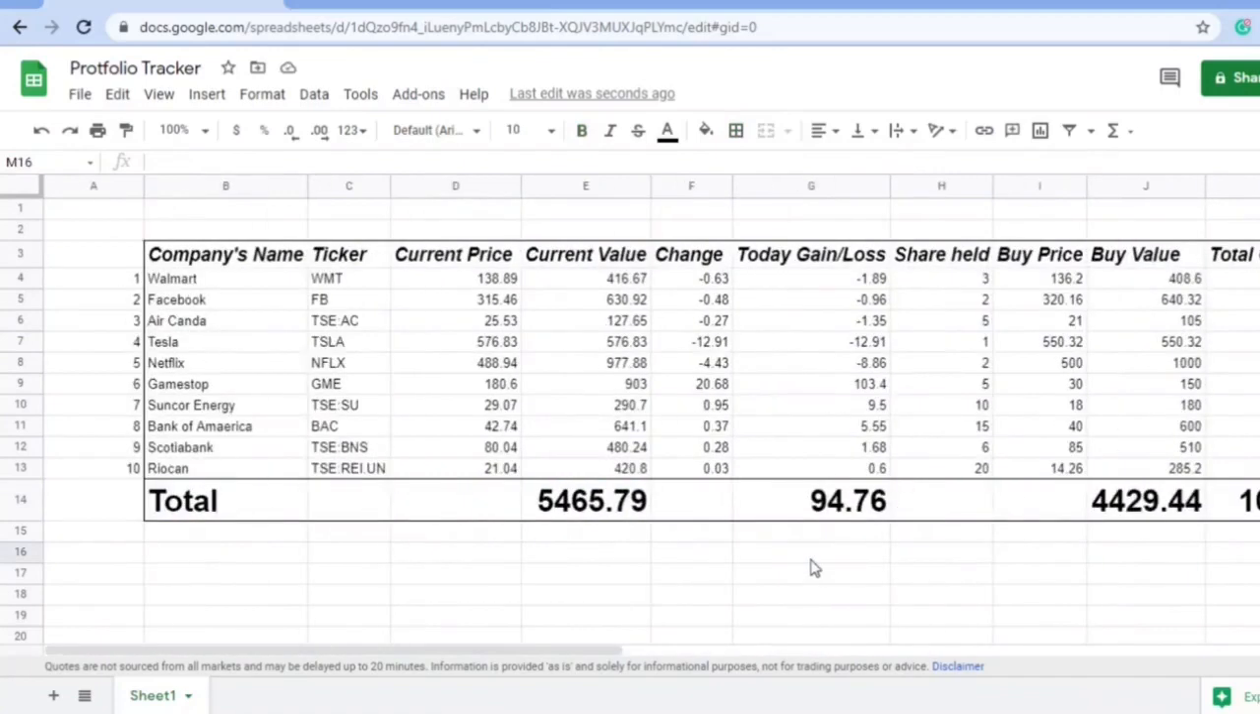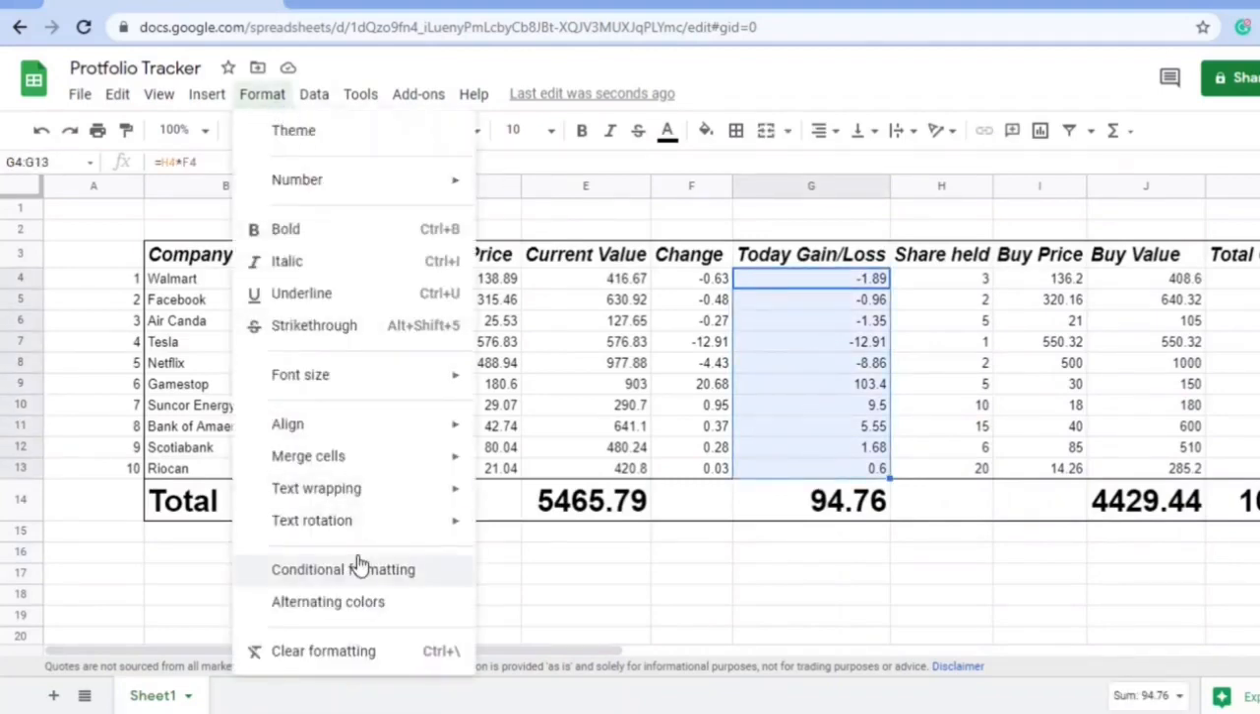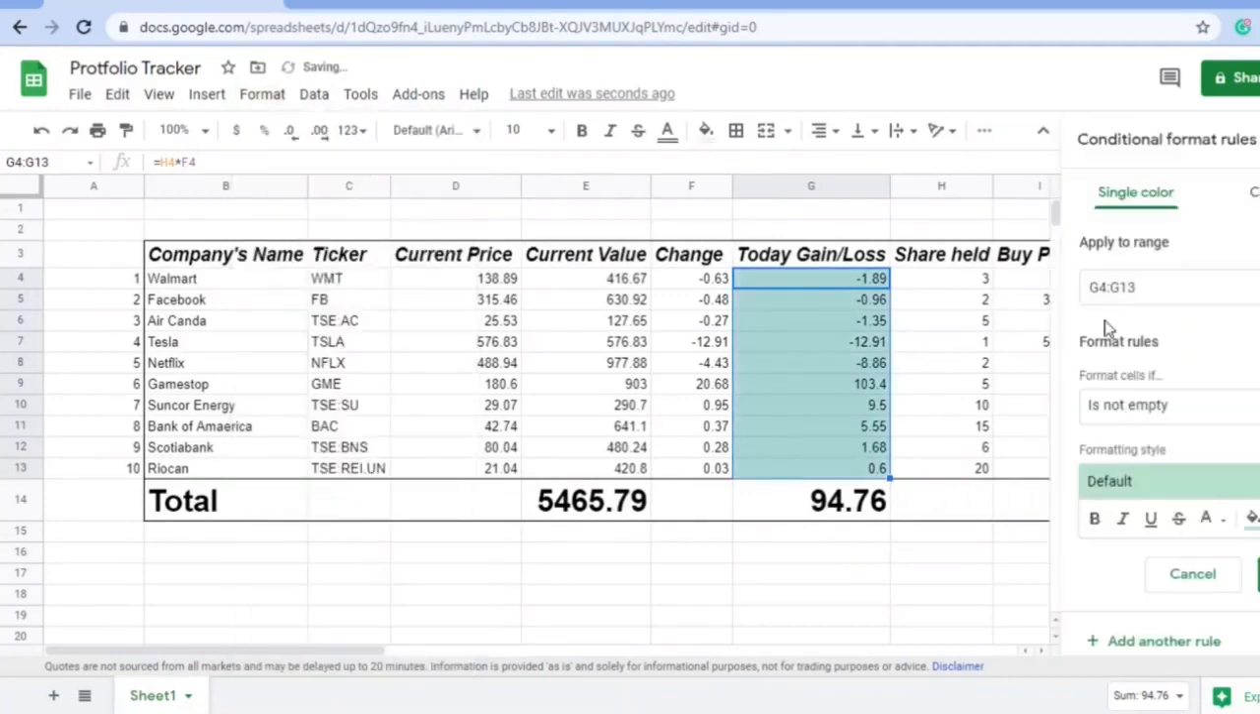And now I want my numbers that are negative to be red and the positive to be green. So for that I have to choose conditional formatting. Firstly we will select the range. So for example, for today's gain and loss, select the range, go on format, conditional formatting, and you can see here format cell